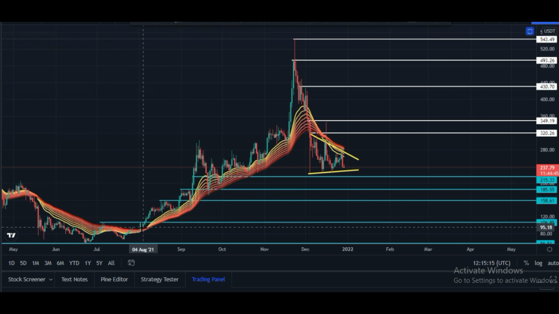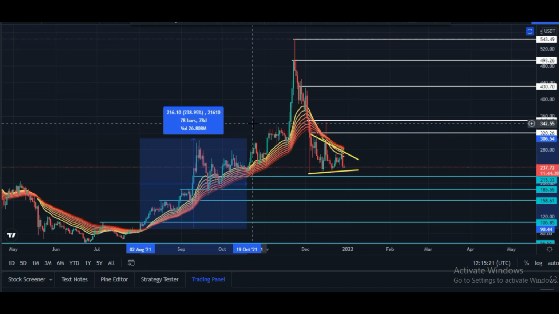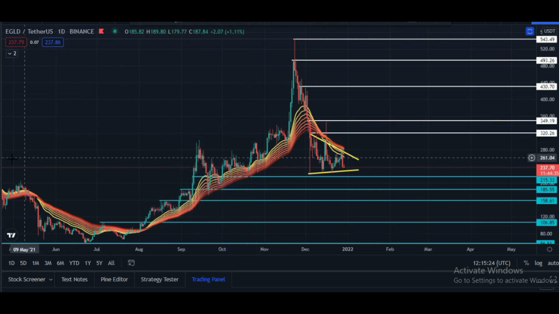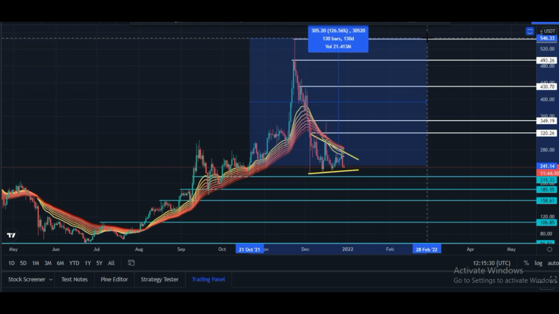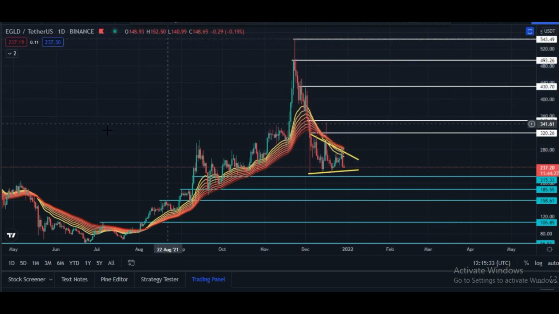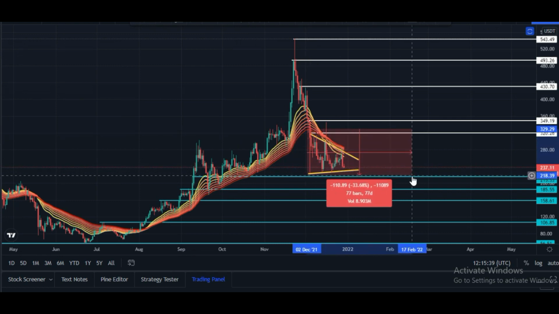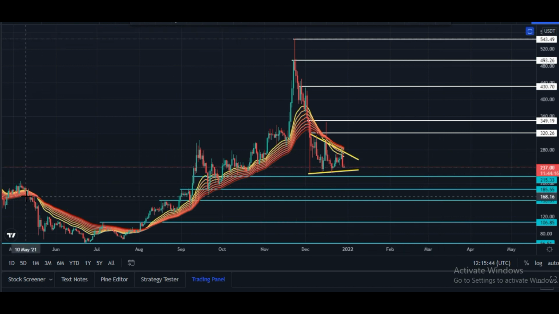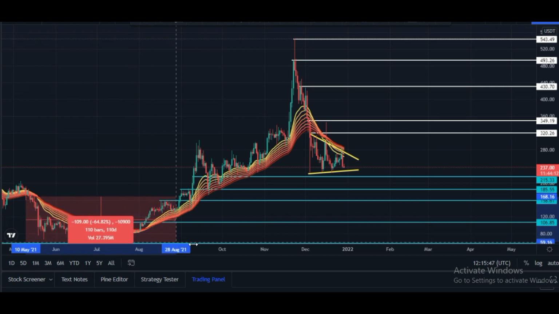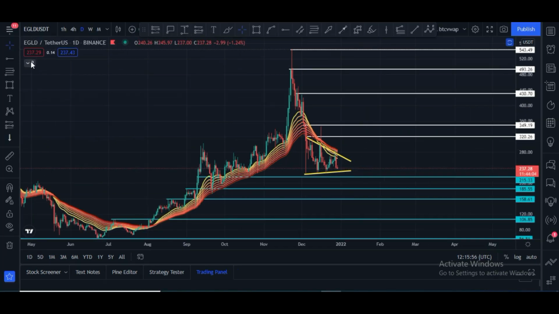Here you can see candles broke this EMA ribbon towards the upside and we saw a move of 238% upward. And here we saw a move of 126%, and now we can see a move of 33% towards the downside. It is very bearish right now. And here candles broke this and after that we saw a move of 64% towards the downside, and that is why this is a bearish sign and we have to watch it very carefully.